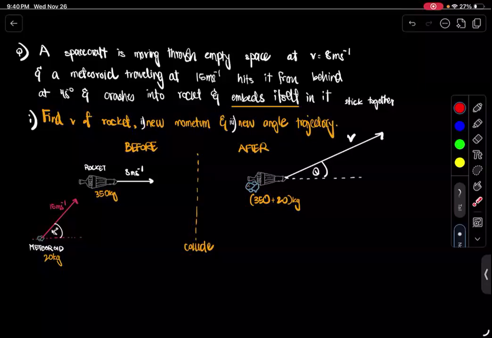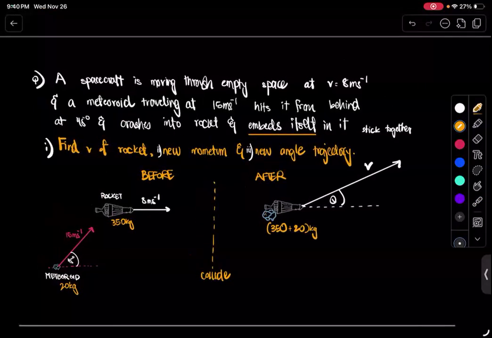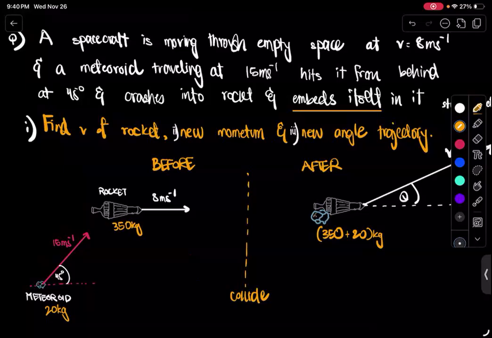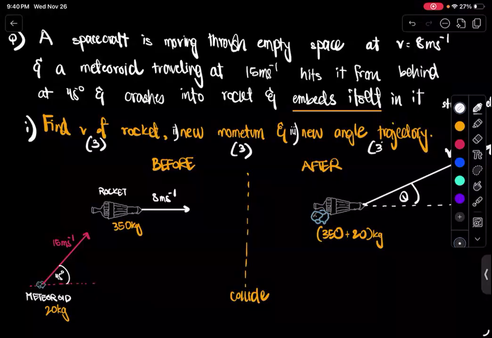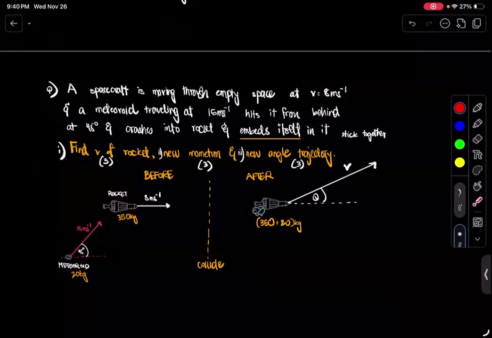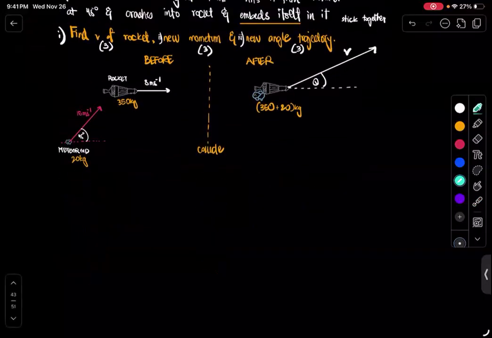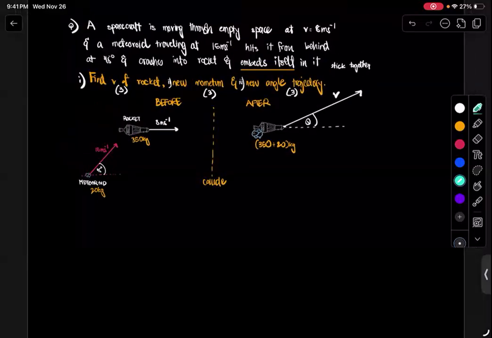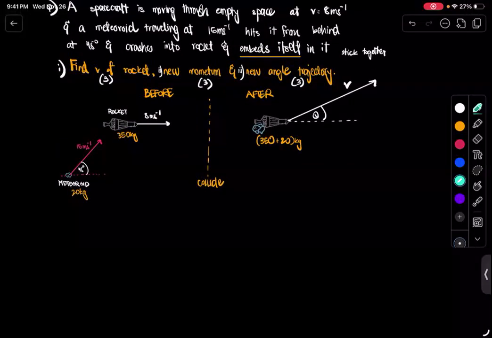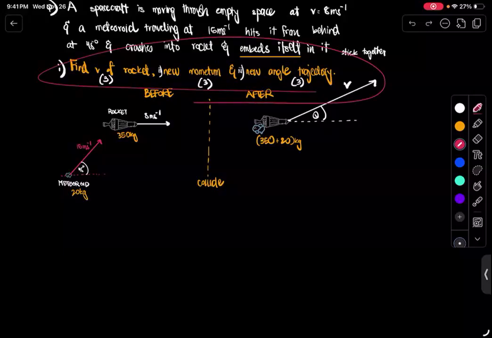Okay. Now, let's do it. This is not a single question. This is a 4-mark question. This is a 3-mark question, and this is a 3-mark question, right? So it's not a single question. So don't be amazed that this is not all just for 1 mark or 3 marks. This is like a 9-marker question and 3 separate questions, and we're going to try to do all of them together. Most of our class time is going to be up till we do this single question. Now, let's do it.